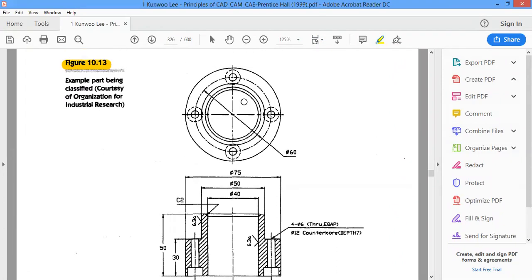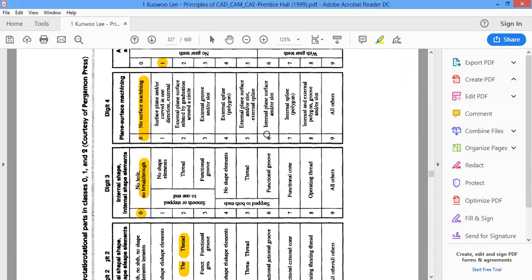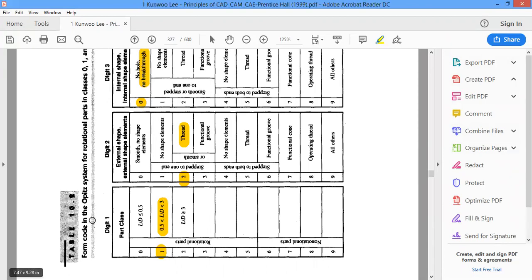We'll take this diagram itself, which has a stepped circular shape of workpiece, having a hollow surface at the center and 4 screws on the outer periphery. For this, the first digit is going to be on the L by D ratio.